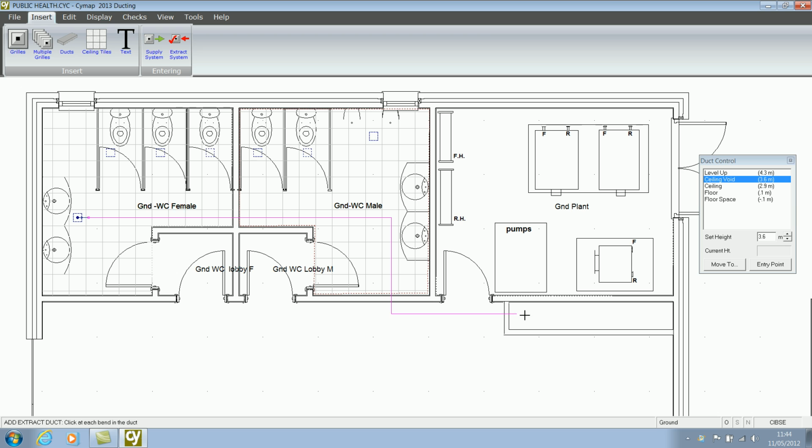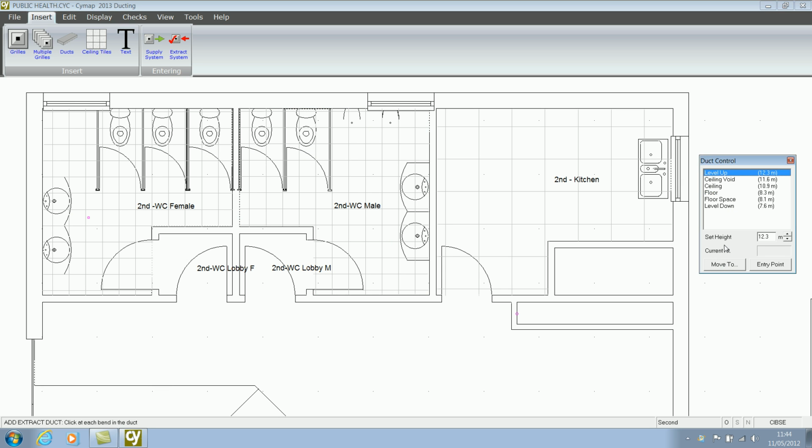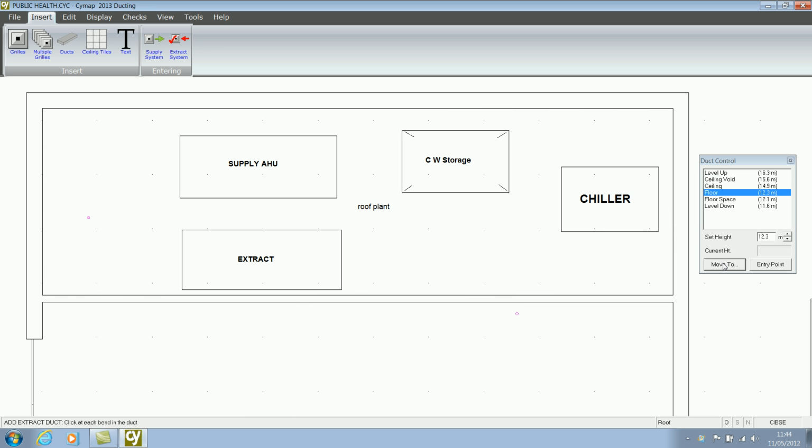One click for each change of direction, one click to decide where I want to rise up in the services shaft. Level up, move 2 takes me to the floor above. Level up, move 2 again, and so on up through your building until you get out onto the roof space. I'm currently at floor level. I might want to set that duct at a different height. I could do so if I wish to, and then I can run my system up to my extract